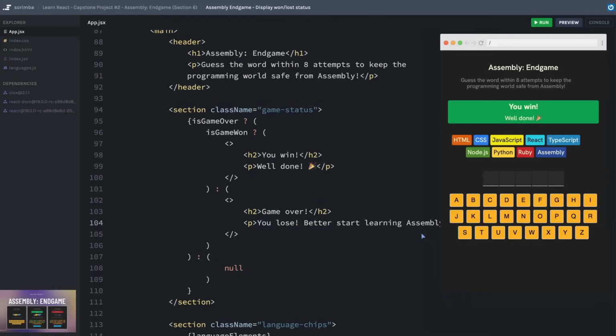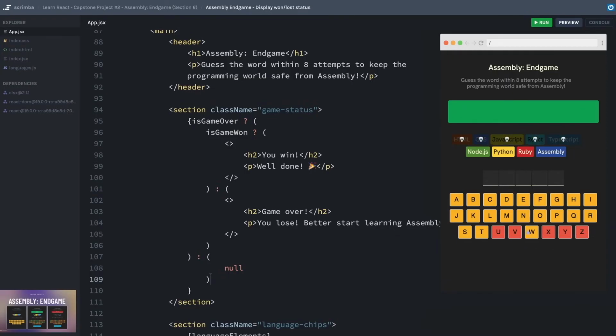And I just copied that from the design. This is something we'll be coming back to later, but I guess this isn't so terrible. If we have our indentation correct, then we can kind of read this like an if-else statement. Before we refactor anything here, let's go ahead and get our styles working, because our styles are still going to make it look like they have won, even if they've lost.